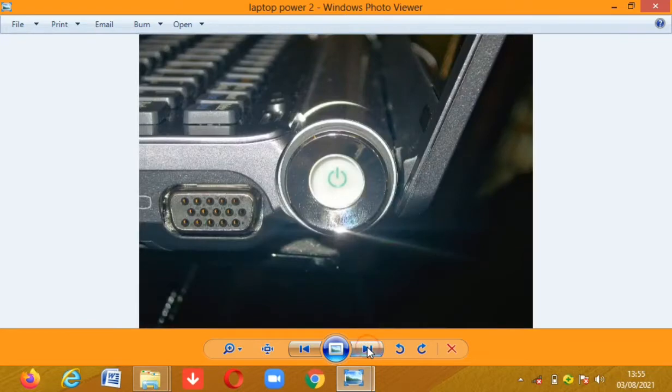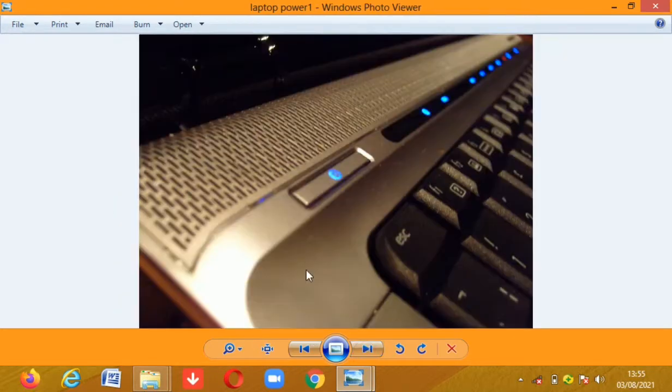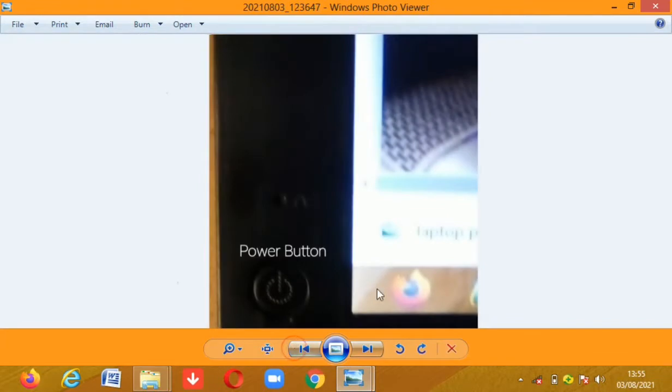Let me show you some other example. Okay, look at this. This is at the edge. You can see where it is located. So if you look through, this is another one. You can see where it's located. So you just need to look through very well. Make sure all you are looking out for is this sign,